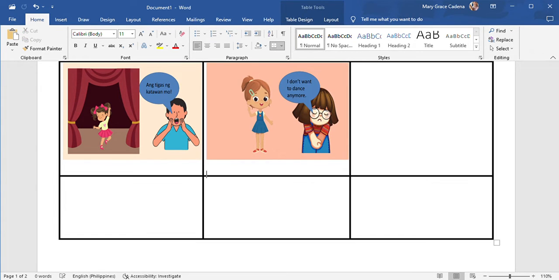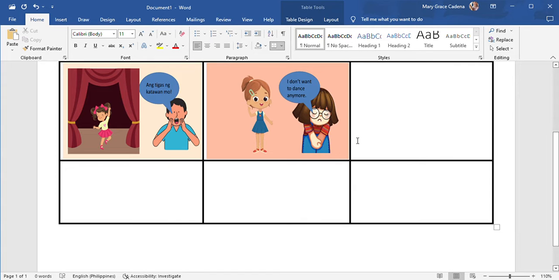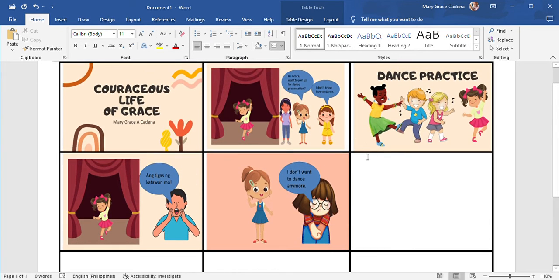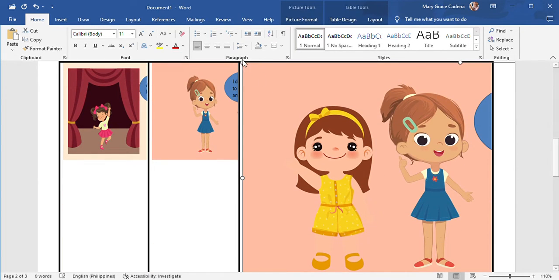Don't worry, it will take some time before you finish. We still have 3 more pictures.